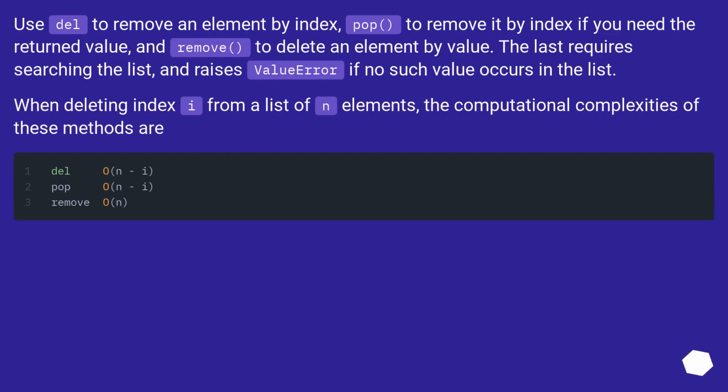Use del to remove an element by index, pop to remove it by index if you need the returned value, and remove to delete an element by value. The last requires searching the list, and raises ValueError if no such value occurs in the list. When deleting index i from a list of n elements, the computational complexities of these methods are: